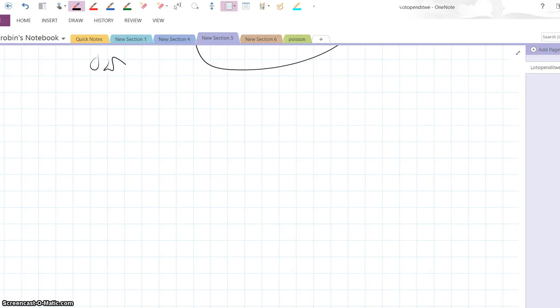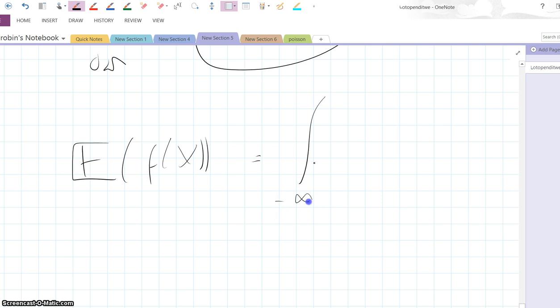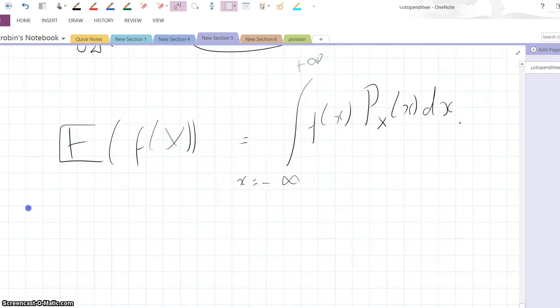Okay, what did we have? We had the expectation of some function of x equals the integral from minus infinity to plus infinity of f of little x, where f is a function like x squared or something, times the probability density of x with respect to x. That's very nice, isn't it? Okay, so now we're in a position to start thinking about